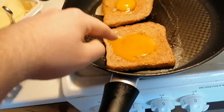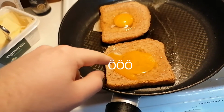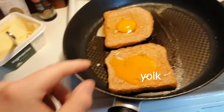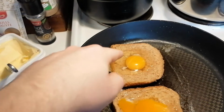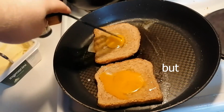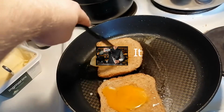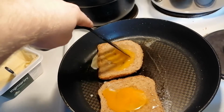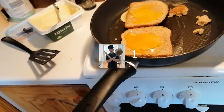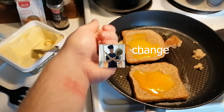This is breaking the yolk. This is not breaking the yolk, it's mixing up the yolk. And this is yolk that doesn't have anything yet, so let's not break it, but mix it like that. I would say 1 minute and then change